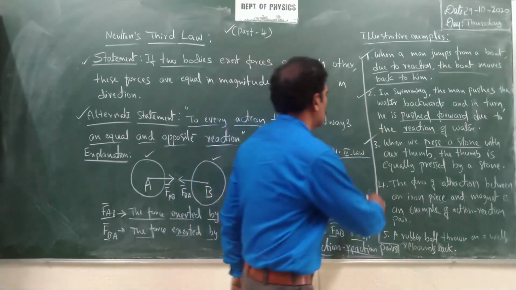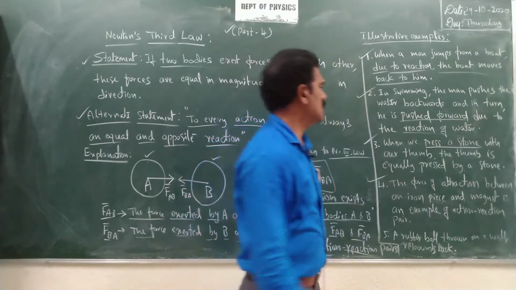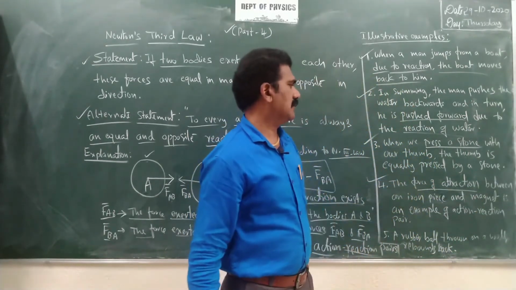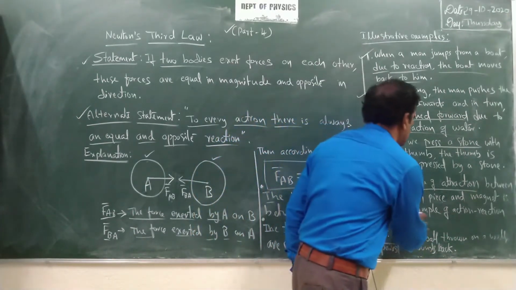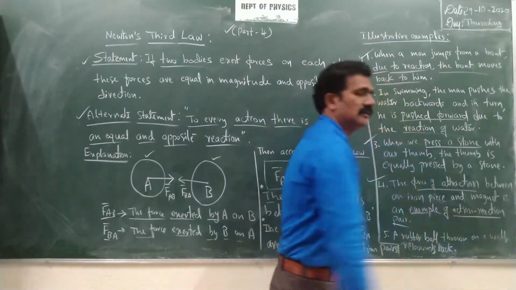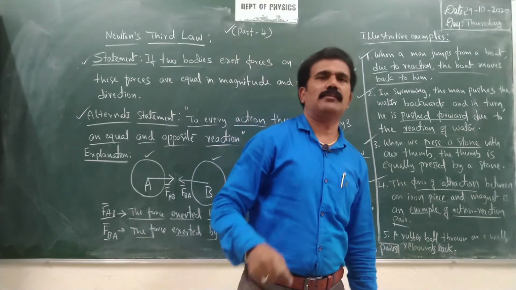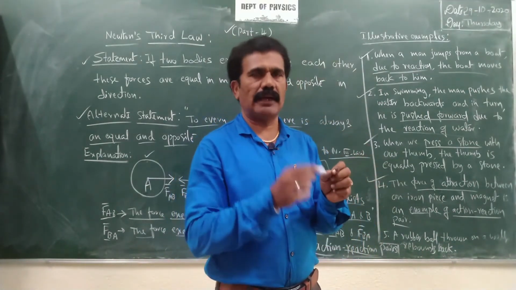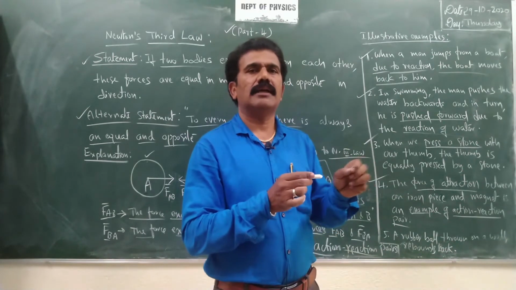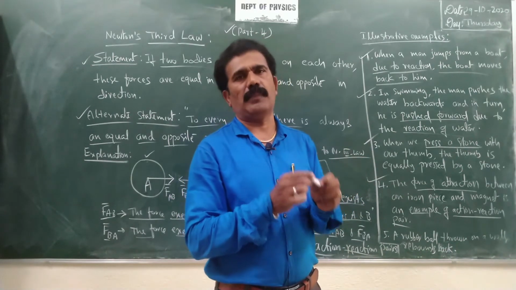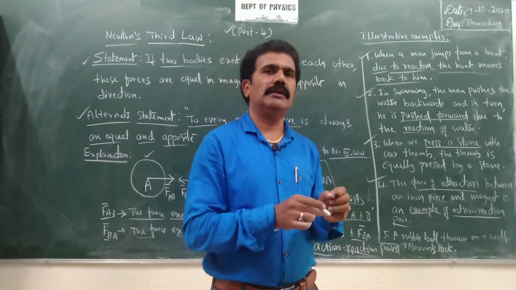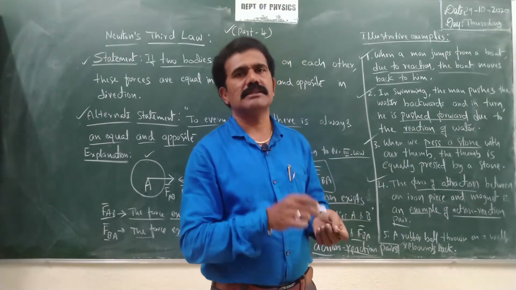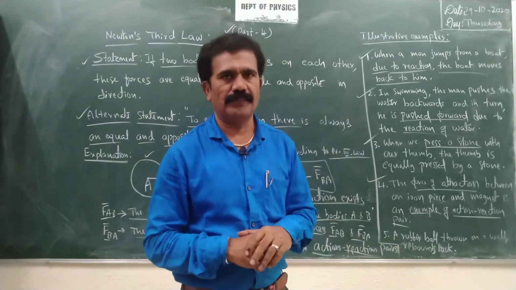Now look at the next example. The force of attraction between an iron piece and a magnet is also an example of an action and reaction pair. That is also a well-known example for you. Experimentally you can observe that when you keep a small iron piece near the magnet, automatically the iron piece is attracted towards the magnet. In this case also, action by the magnet and reaction by the iron piece can be considered as an example for Newton's third law.